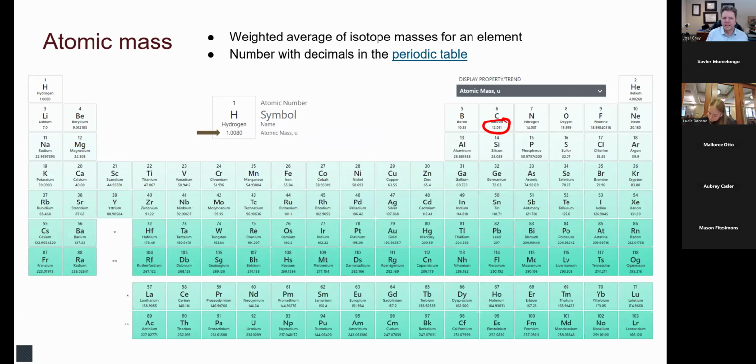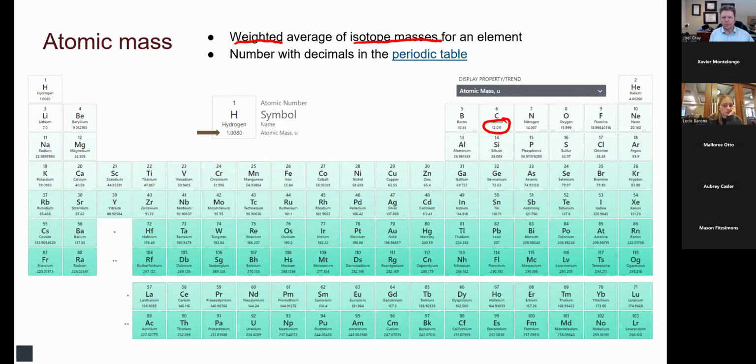And the reason for that is because that is the weighted average of the isotopic masses. Now, this is a calculation that isn't too tricky, but I want you guys to be able to do. And this is a part of the discussion today, or that will be posted at noon. So, the way that you do this calculation is